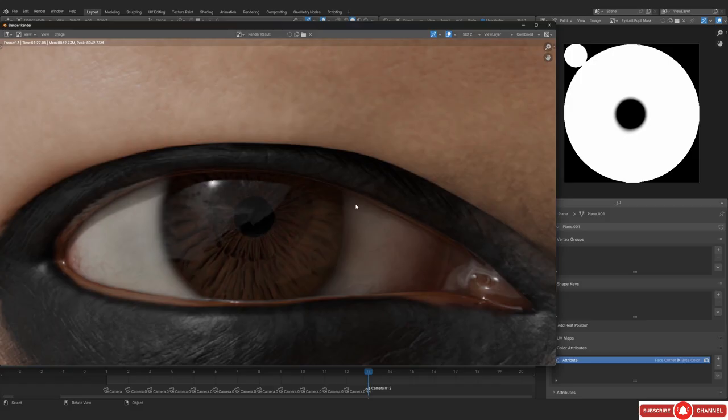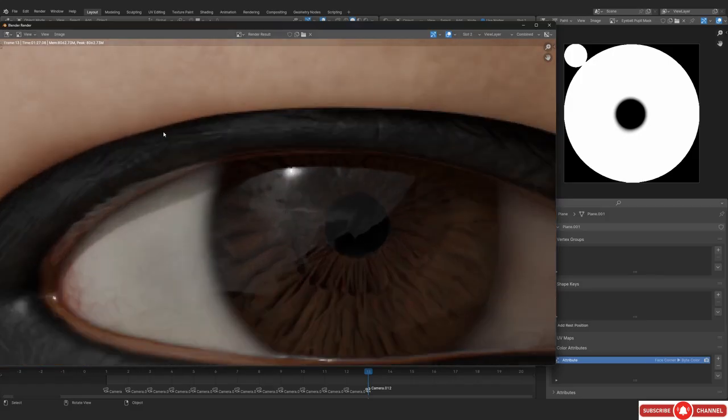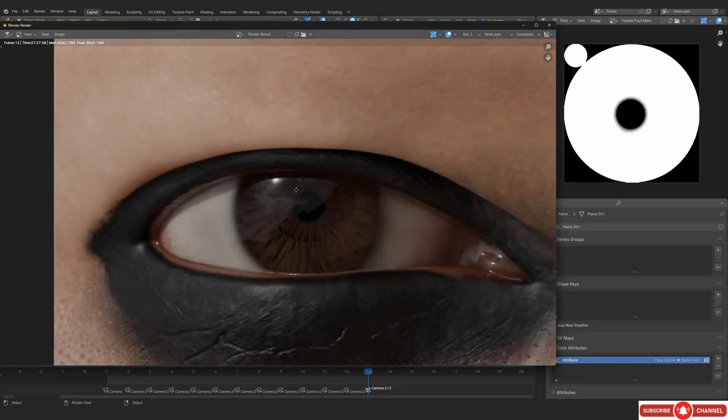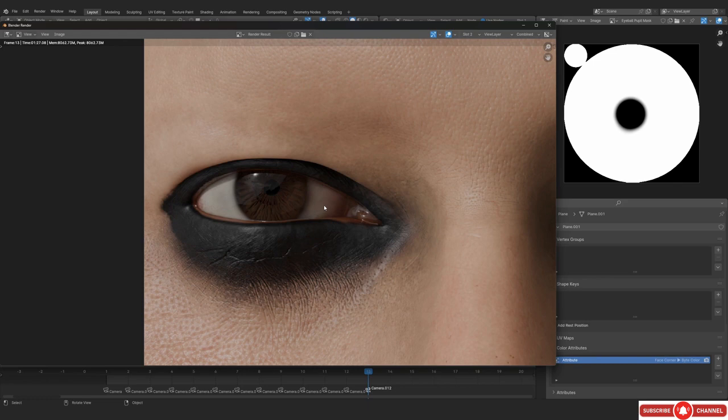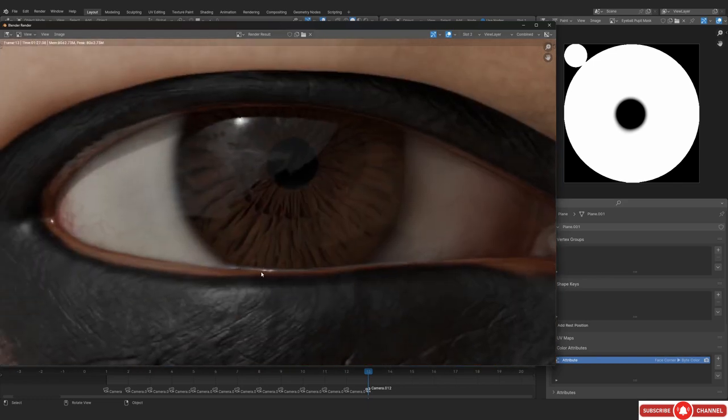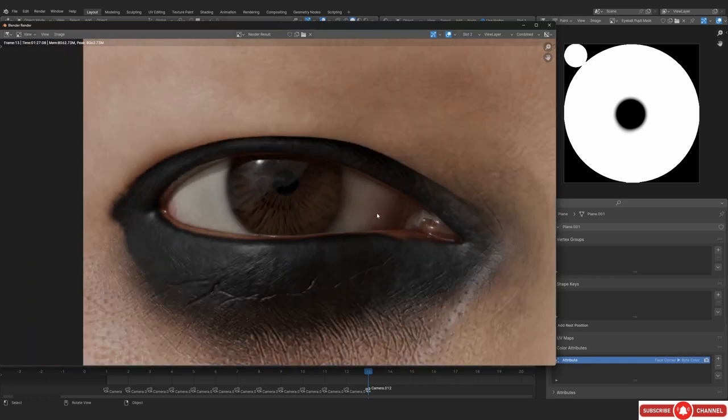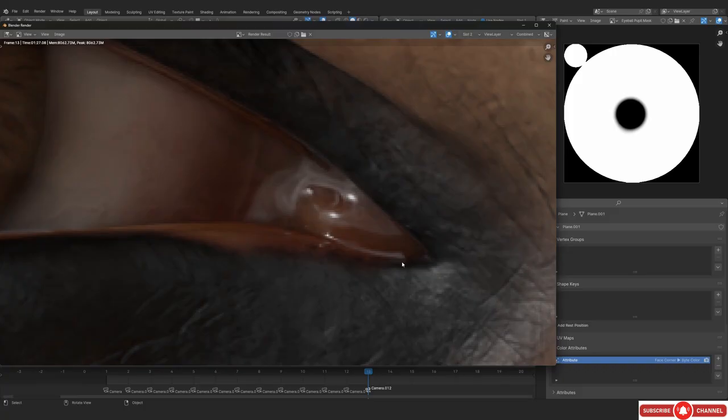and that's how you should be able to get a little bit more reflection if you want to. On the upper side we are not really getting any because it's in shadow, so we don't really get any sort of reflection there, and that's why you cannot actually see the upper area. But if you were to point the light in the right direction, I'm pretty sure you should be able to see the reflection on the upper part as well.